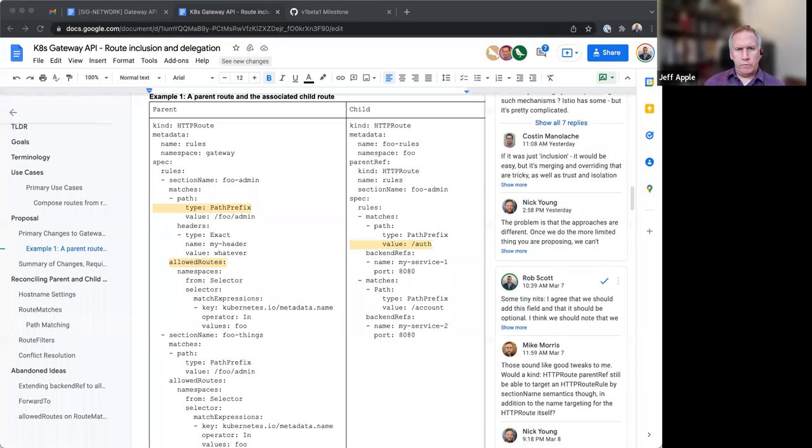I think I just reiterate what Mike mentioned earlier, which is the fact that you're only delegating to the child route the specific traffic that meets the specific criteria that you set at the parent. So if I'm the owner of the gateway and I'm the owner of that parent route, and I want to delegate some part of the traffic processing rules to space foo, the